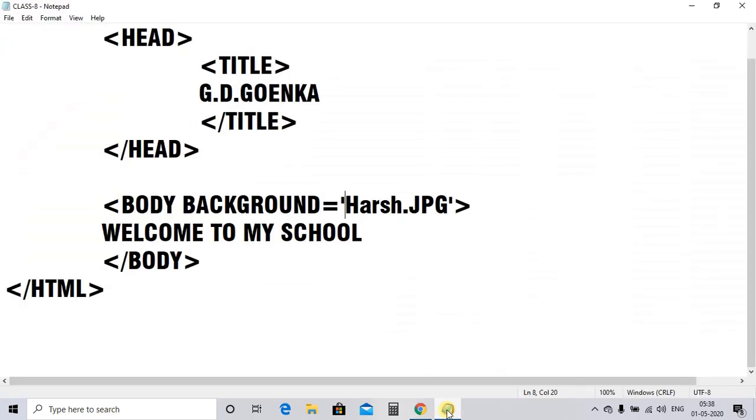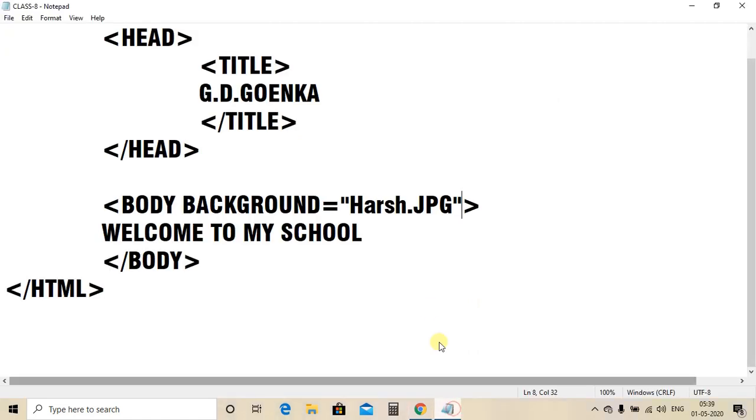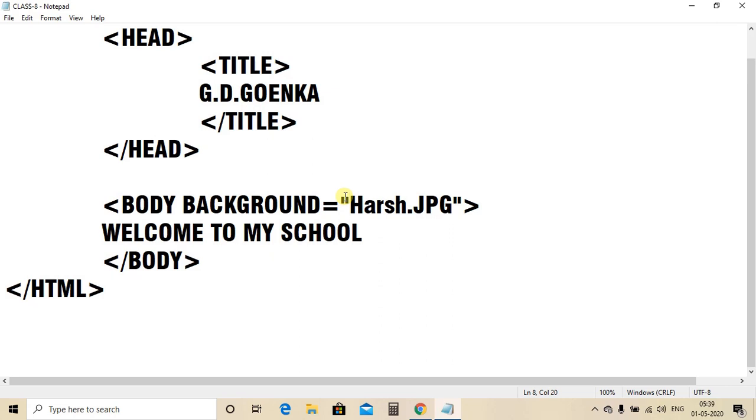Okay, this will not work. If you are using single quote twice, single quote then single quote, you are making it double. See, it is not working. So what you need to do, you need to use double quotes. Don't use single quote two times, use double quote only. Control S and then F5. So this will work.